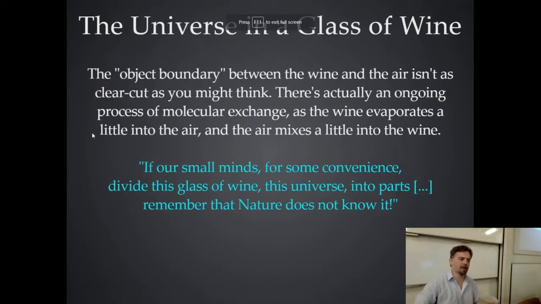There's a thing where Feynman points out in one of his books that if you've got a liquid in a glass, you might think the liquid's one thing and the atmosphere above it is another thing. But the reality is that there's constant evaporation and sublimation taking place across the boundary. So these things that we think of as hard boundaries are actually, at the atomic level, very turbulent. Object boundaries are not really a precise thing, which is what I'm trying to suggest: there's a certain amount of arbitrary freedom as to where you draw the lines between your objects.